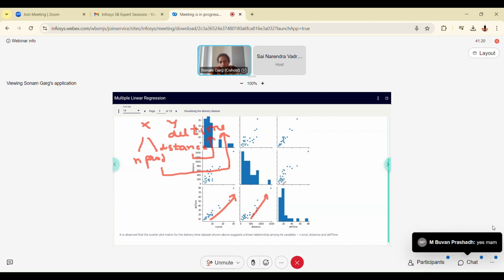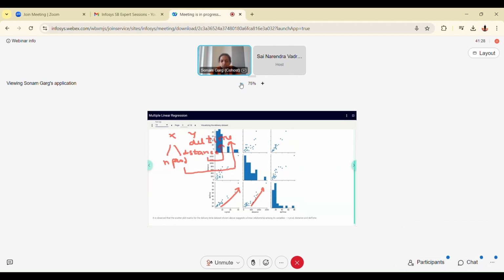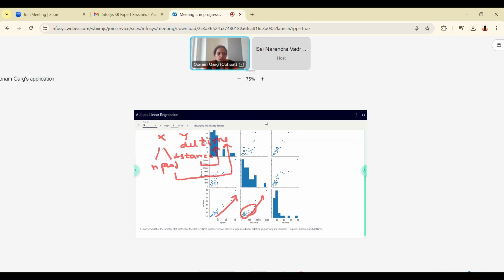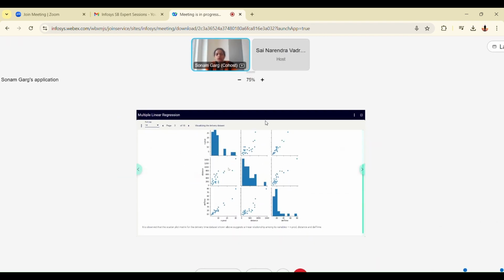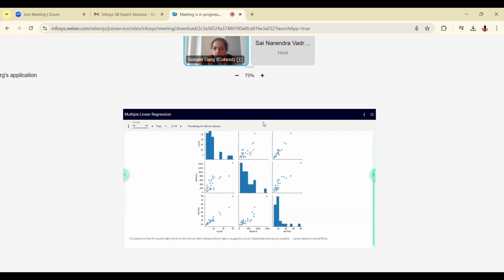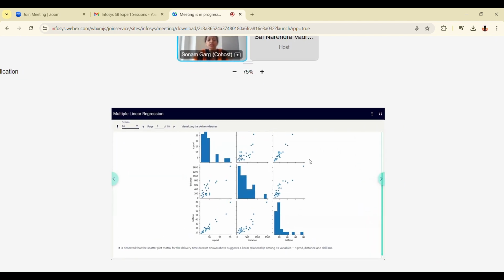So our job with this scatter plot is just to visualize the linear relationship. Slightly positive, yes, you are right, because we have a scatter here. All our data points are scattered here, but still it shows a linear relationship. So in order for regression algorithms to work, we have to first find the linear relationship, because regression algorithms work well only on linear relationships.